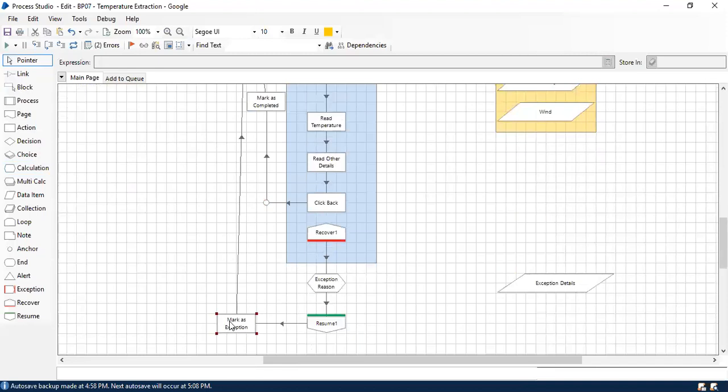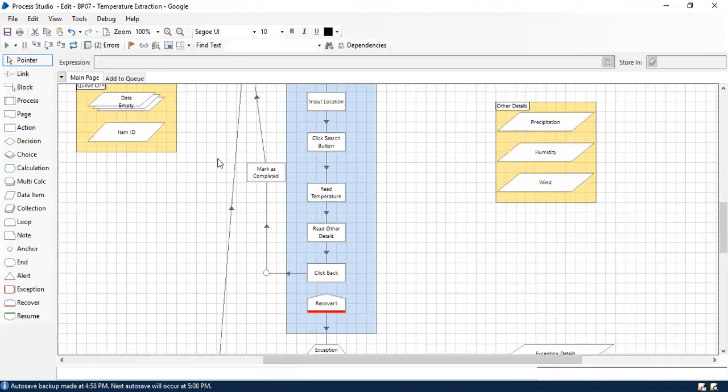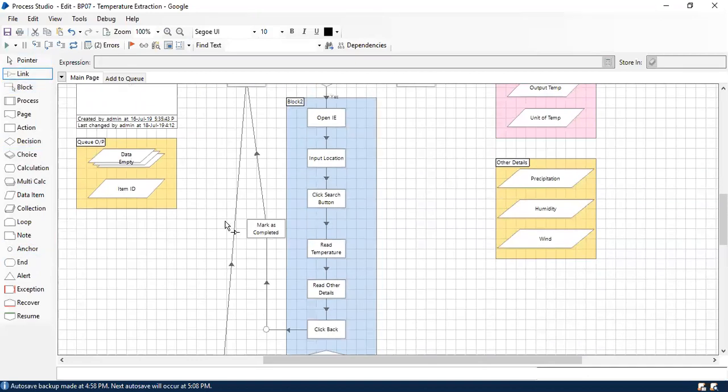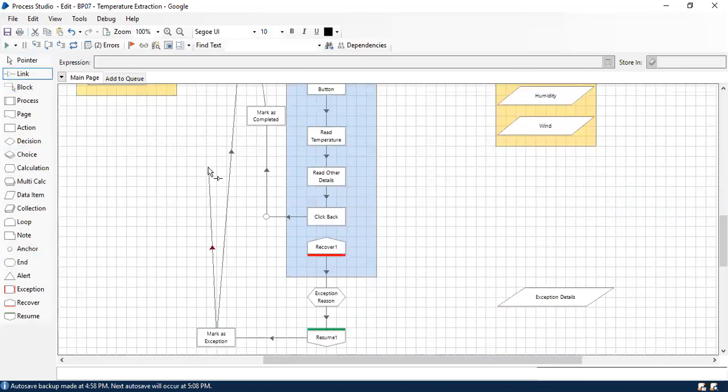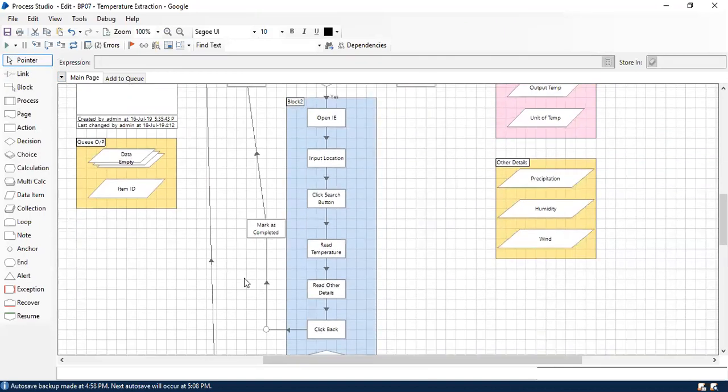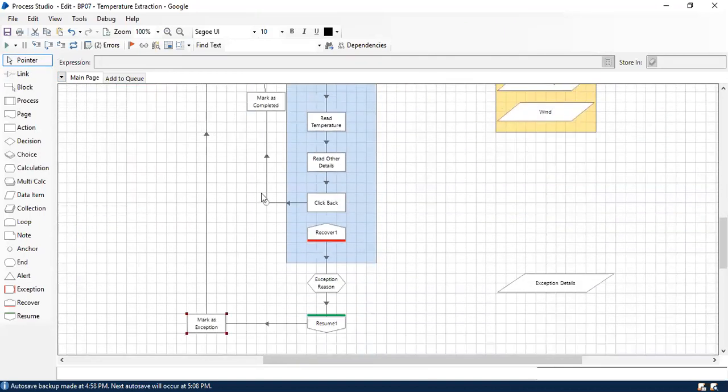So you have to connect it back to get next item. After marking the first item as completed, you have to mark the next item. In case it is an exception, you have to mark that as an exception and proceed to the next one. You should not mark that item as completed, because that's not going to make any sense. So just connect it back again to get next item.